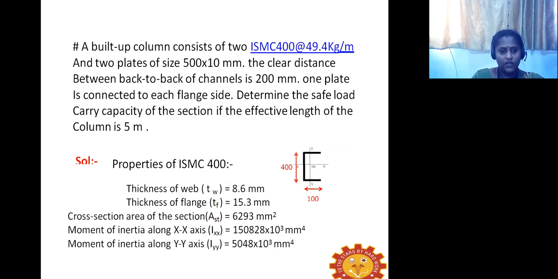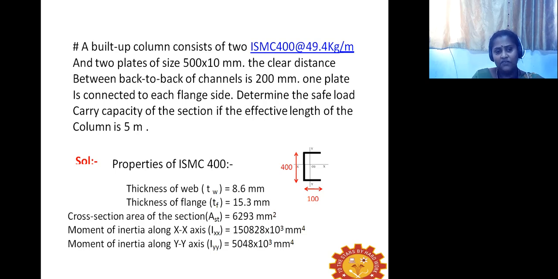Yes. Now we'll get into the problem straight away. Just look at the problem. The question is given here. Read the question very carefully. You have to use all the data effectively for solving this kind of problem. It can be analytical or design. In the case of analytical, the section size will be given to you. You need to find out the left out data which is asked to determine, right? That kind of problem we call analytical.